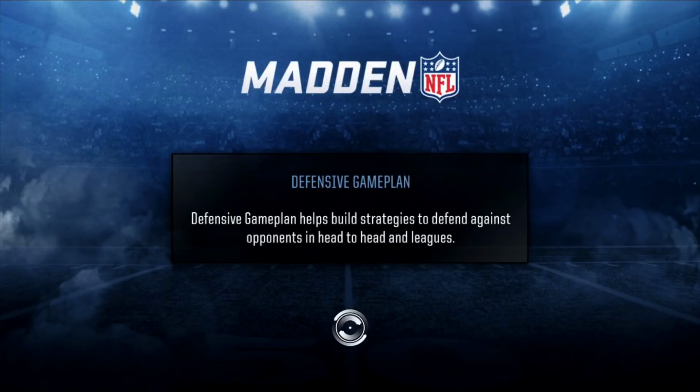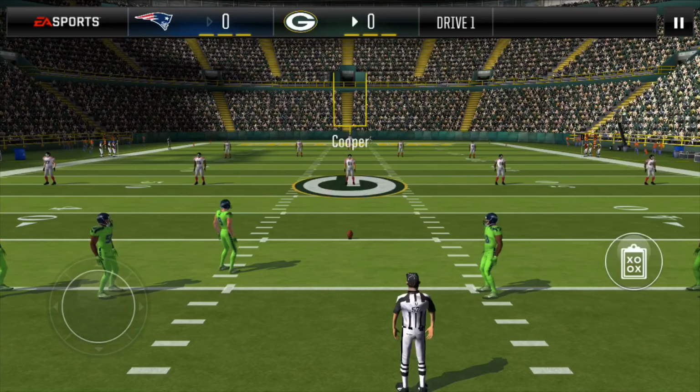127 overall defense. We did just go over the sets to create cheap boss emblems and get a cheap boss